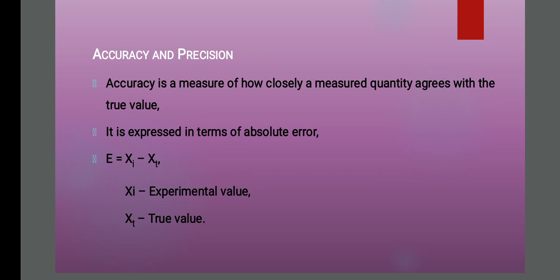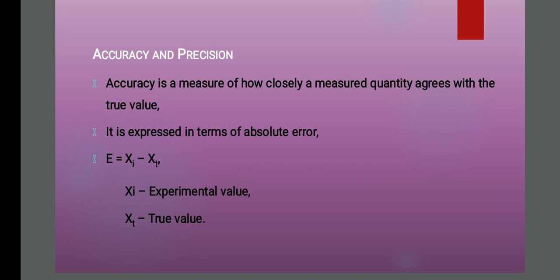So original value will be there. Experimentally we are doing a thing. If both the things are very close to each other, we say the value is said to be an accurate value. Is it okay? And if there is a difference, we call there is an error. You know the meaning of the particular word error is. I'll go with the error later on.